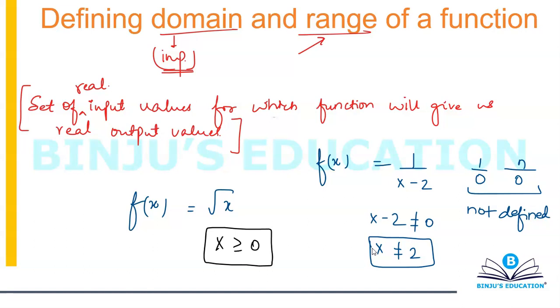So what is domain? In simple terms, domain is the set of those real input values for which the function will give us real output values. It's as simple as that. Okay, so let's solve a couple of questions on domain. Once we understand domain thoroughly, then we can move on to range. Remember that in this topic, the main focus is domain. Once you understand how to calculate domain, calculating range is not that difficult, trust me. It's all about calculating domain, that's it. All right.